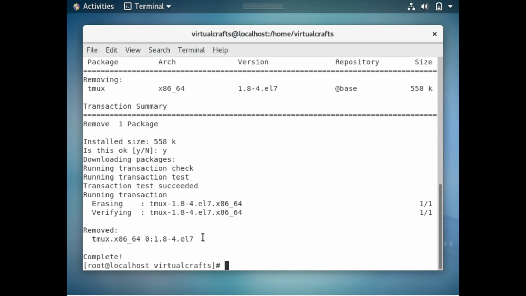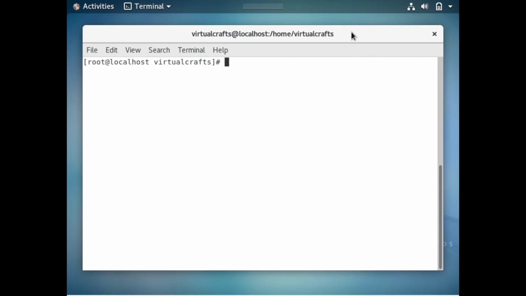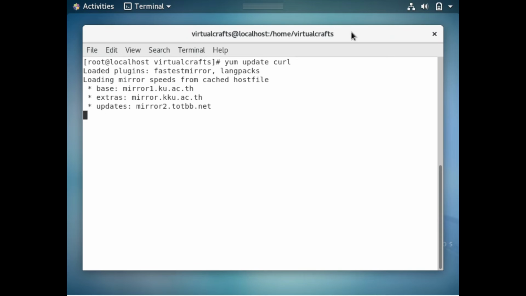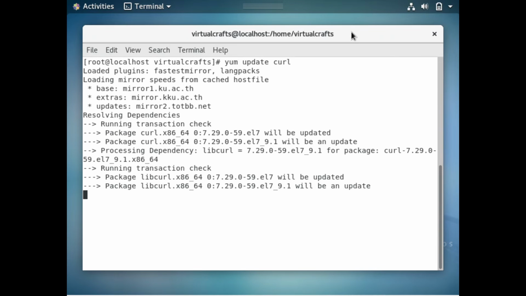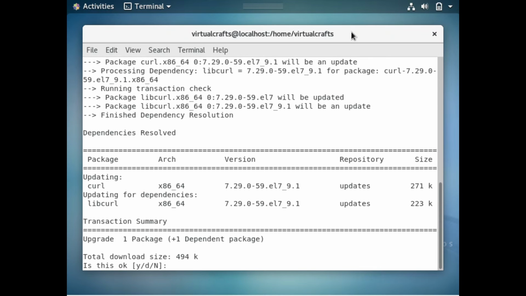Now let's see how we can update a package in Linux. I'll clear the screen again to obtain a fresh terminal. And to update a package, you write the command yum update, and let's say I update a package called curl. I'll press enter. And you'll see that curl will be updated to this version, and this is the dependency of curl,